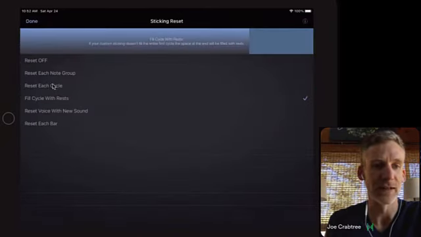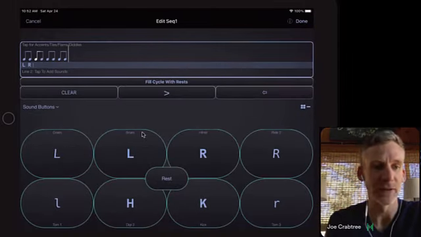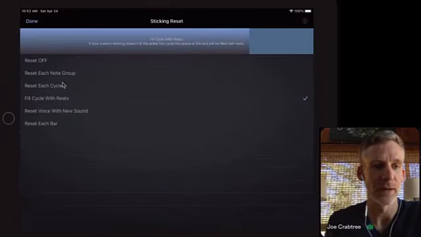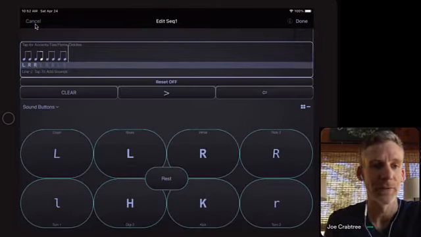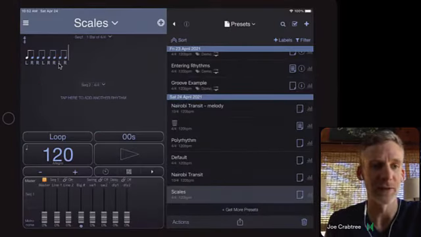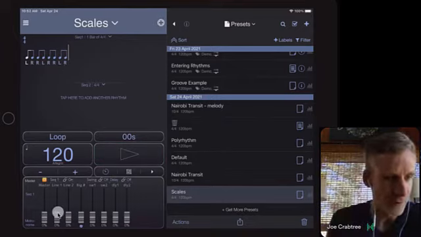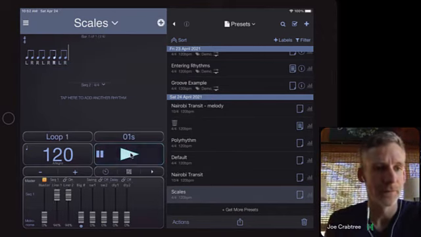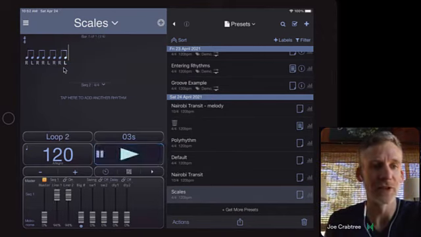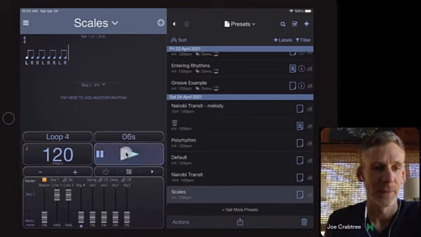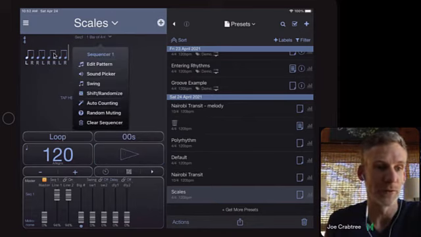You can say reset each cycle, which means that if you had something like a 3-note sticking, so left, right, right, if I turn this to reset off, then this sticking will repeat and go over the bar line. So when I play this, you'll notice that it ends with left, right. On the repeat, it's going to have a right on the beginning here. Oh, let's turn that volume up. See that the sticking changes each time because it's just looping what you put into the